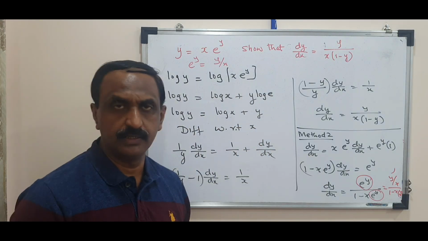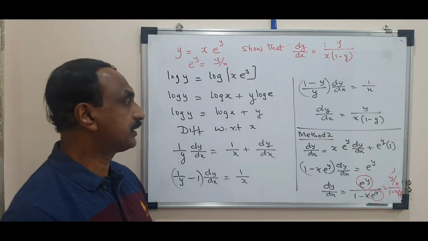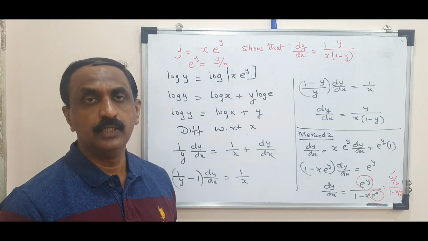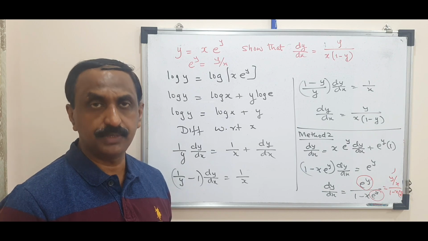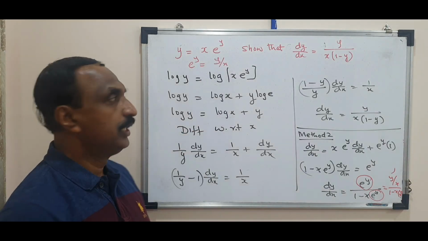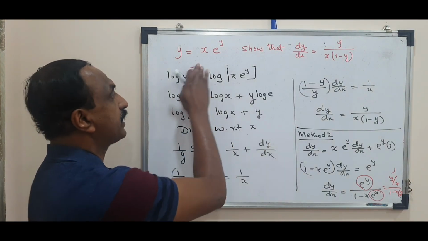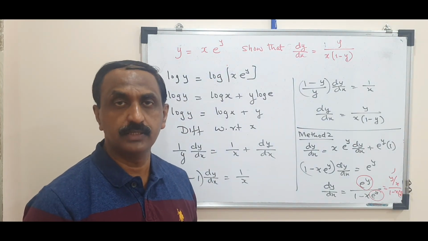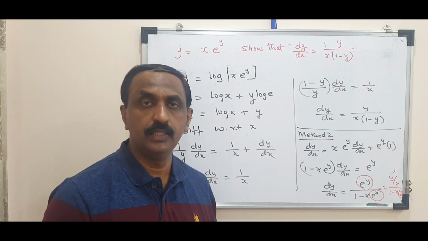This is also another method. But if you want to find the direct answer, this is the idea that you need to apply. Whichever term you don't want, remove it by making it the subject. Here, you do not have e raised to y in the answer. In such a case, take log so that e goes away from it. And then differentiate, and you will come directly to the required answer.